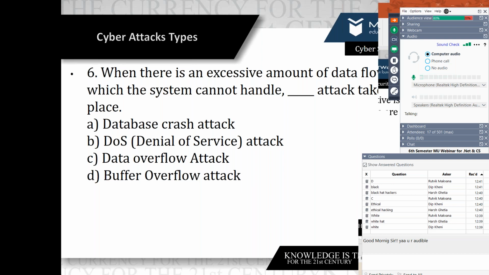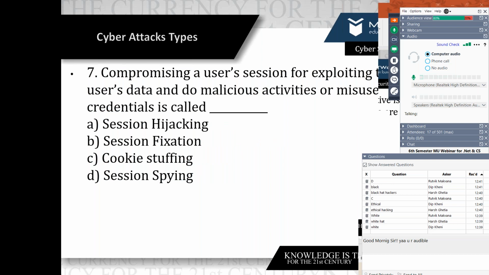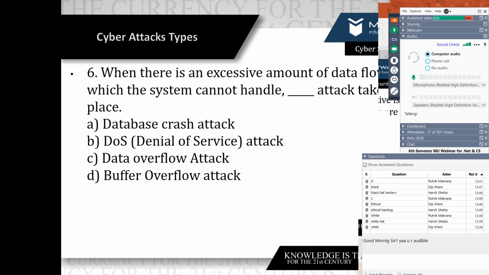Then what is the method, also known as an attack? DDoS, data flow. Hers, I said data flow.